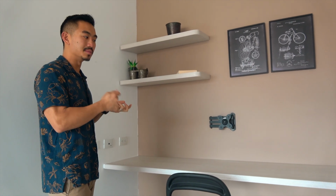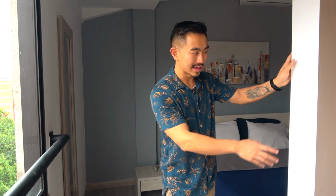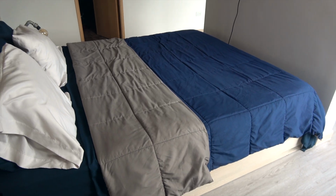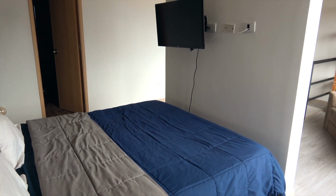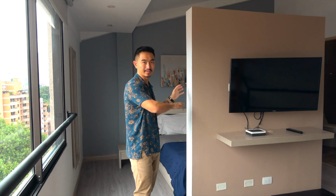It's still fairly minimalist, but they have these accent walls and the colors that really bring it all together. So we're here in the bedroom. I've seen this concept quite a bit. They have this wall where they put the TV on the back to kind of divide up the space. I think this is a cool concept because it's not a full wall, so you still feel the room, or it still feels spacious, but it still kind of divides the living area from this den,